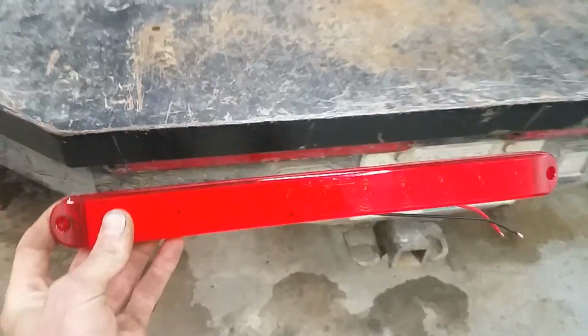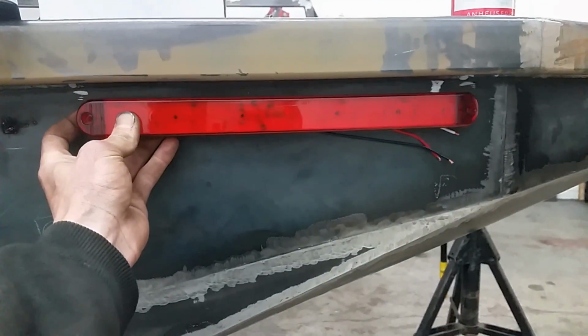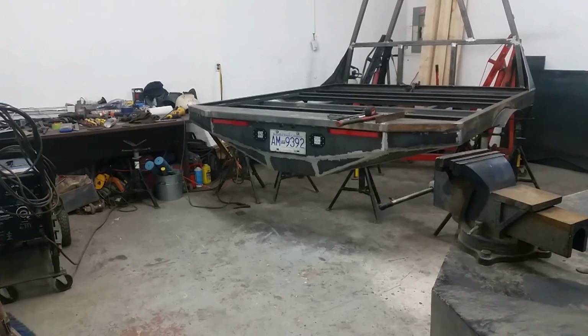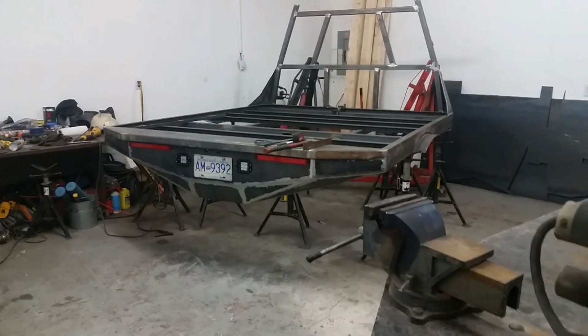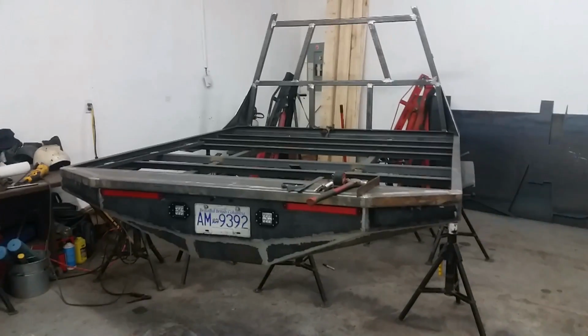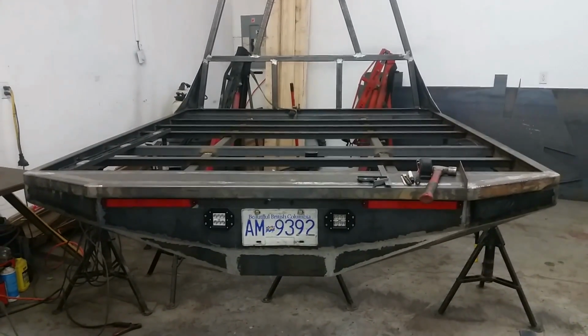But it's not necessarily a bad thing, because this whole deck is different and wider, so they might just work out. It might go good. We'll have to wait and see. Just sitting there next to my Cummins, looking at how this new deck's turning out. It's the first time I've seen it with all the taillights set up and everything, so that's how it's gonna look, I guess. I'm not very happy with how they went and changed the design of my taillights though,